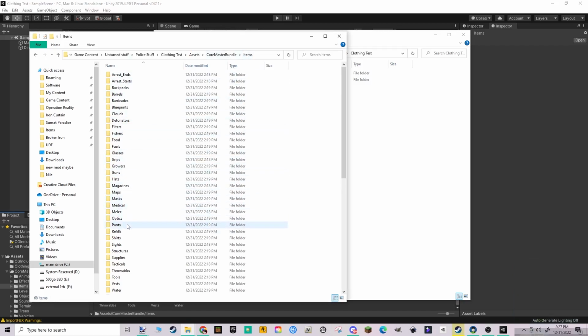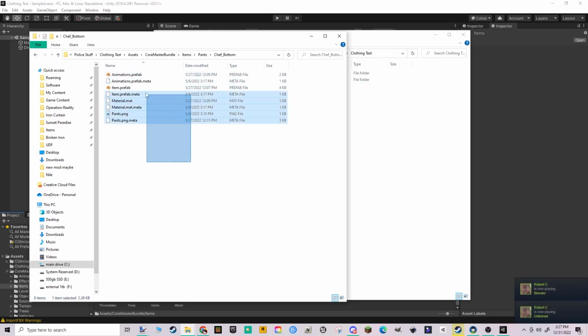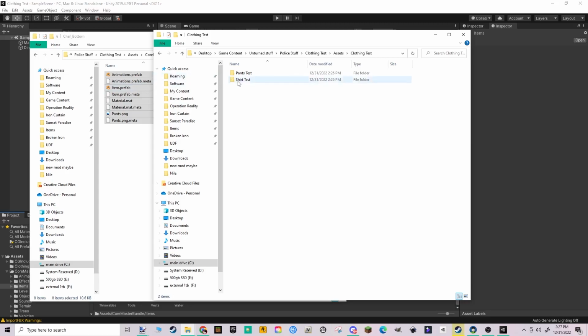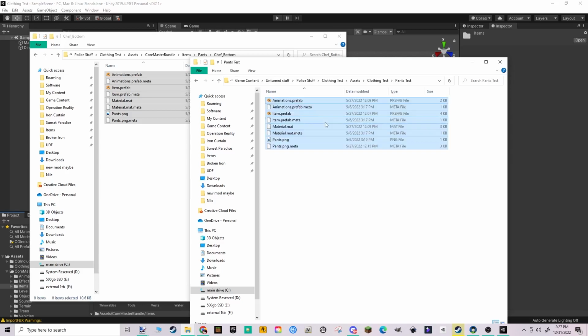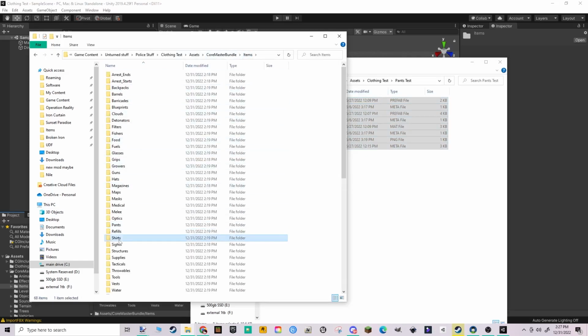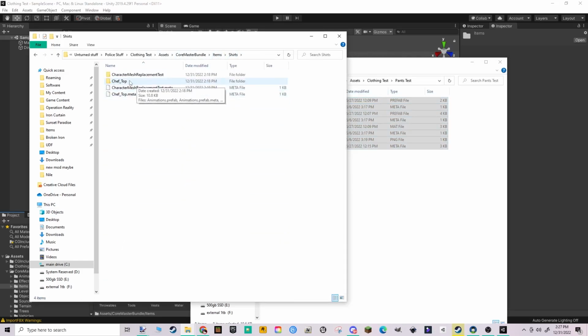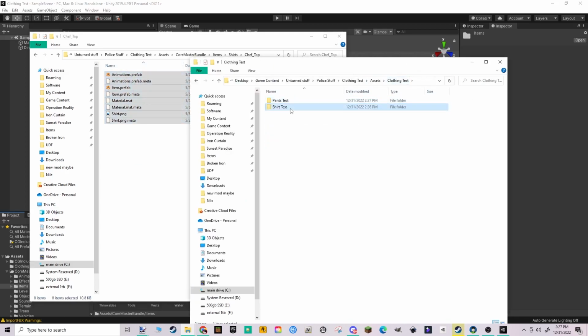We're going to go down to Pants, Chef Bottoms, and we're going to select all of this, copy, and then we're going to go Chef Bottoms. We're going to make sure that it's our pants file. We're going to paste the pant material in here. Then go back, do the same thing for the shirt, Chef Top, copy all of that, Shirt Test, and paste